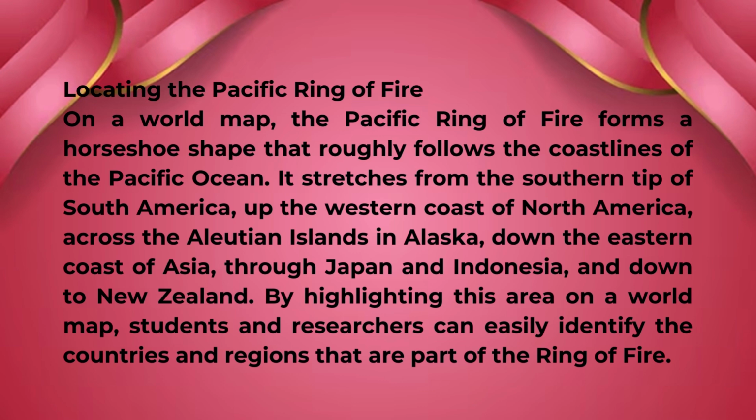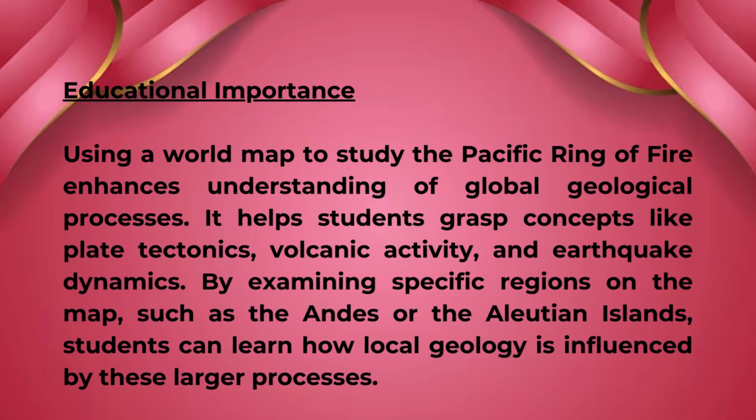On a world map, the Pacific Ring of Fire forms a horseshoe shape that roughly follows the coastlines of the Pacific Ocean. It stretches from the southern tip of South America, up the western coast of North America, across the Aleutian Islands in Alaska, down the eastern coast of Asia, through Japan and Indonesia, and down to New Zealand. By highlighting this area on a world map, students and researchers can easily identify the countries and regions that are part of it. Educational importance. Using a world map to study the Pacific Ring of Fire enhances understanding of global geological